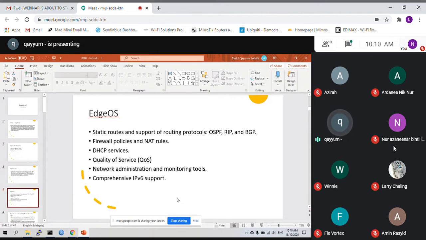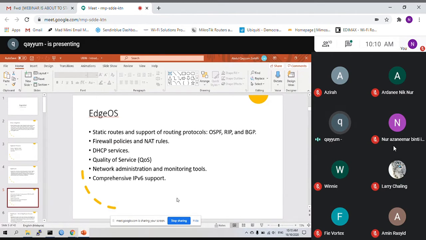But if you are comparing to MikroTik, MikroTik will have a lot more features in it. But in terms of configuration, using an EdgeRouter will be much easier and more user friendly than MikroTik.